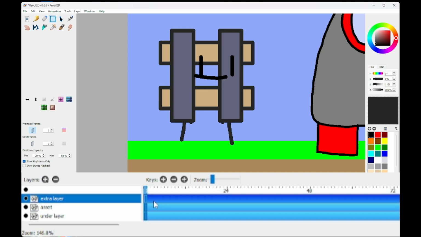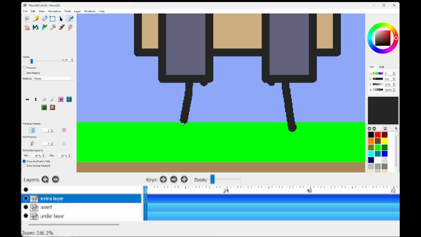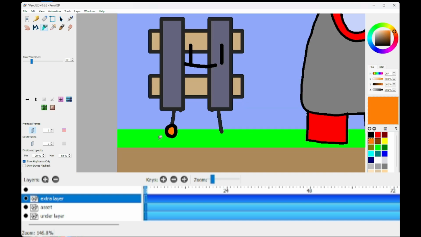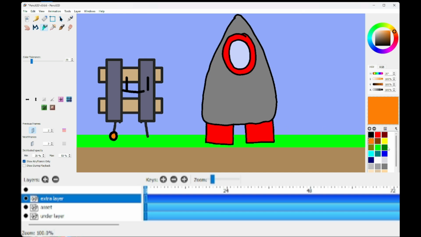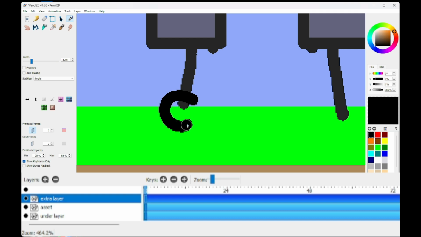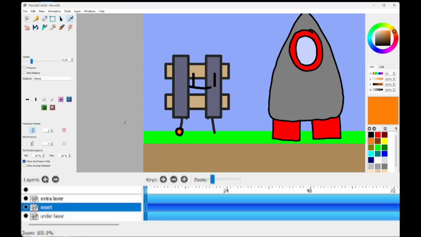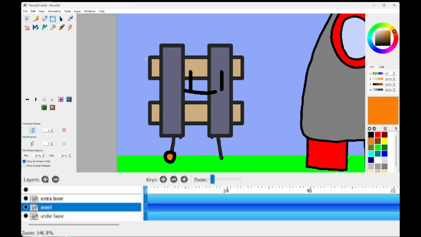I'm gonna draw something in Train Tracky's hand. Let's draw a ball or something. Make it orange because I like the color orange and how unused it is. Actually, let's draw it. There we go. Alright, and then you go back to the asset layer, and now turn on onion skin,